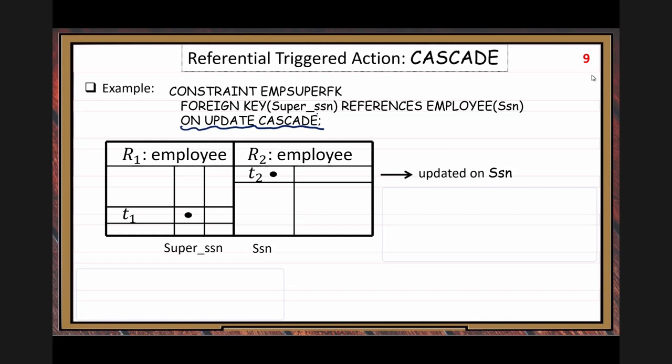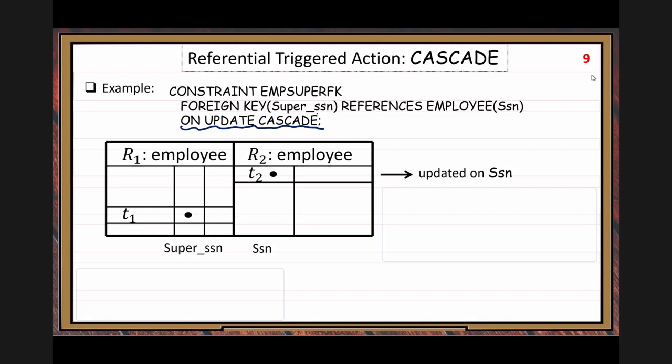Now think about you update a supervisor employee's SSN. That's possible. Later you'll find some error, so you modify the SSN. Then many other places, because this value is used,